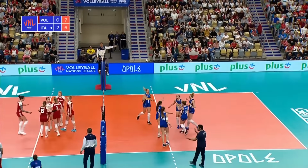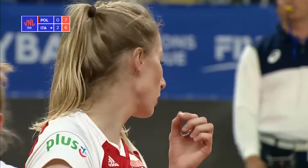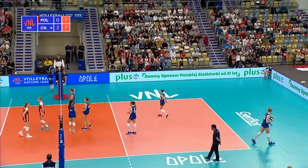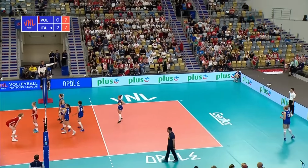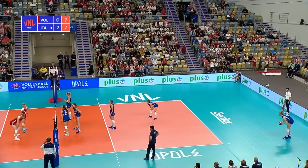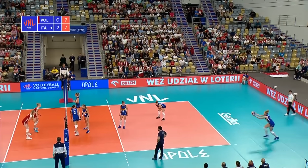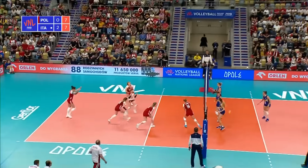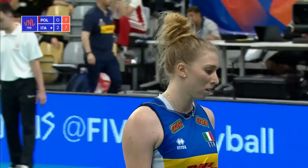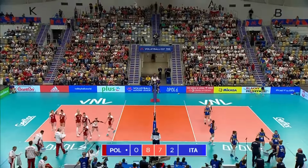That's wide. And Italy quickly close the 2-point gap. So far for a second time. Successful with her first serving rotation. Can she do it again? 1 from 1 this time around. Oh, didn't quite clear the fence. So she'll be off for a rest. 9 points she's contributed tonight, Farr, as we reach the...